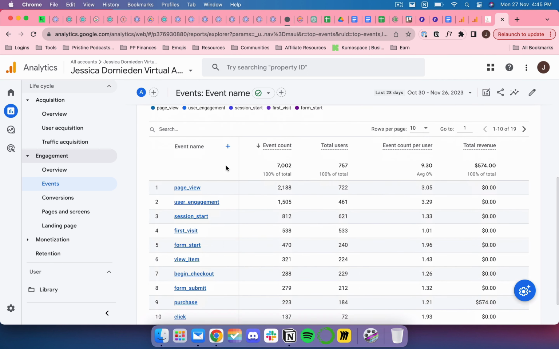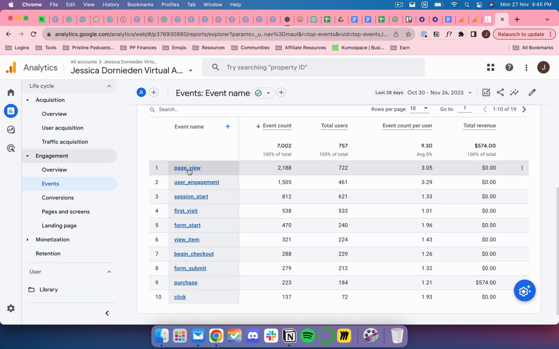So now it will just tell me that the event page view, which is one of the standard events that we've selected when we were setting up this property, I had 2,188. User engagement, whatever that even means, like you need to look up the definition for all of them if you can't remember them, 1,500. Session start, okay, we had 812 session starts. We had 538 first visits. We had 470 form starts. That's people that start filling out a form. We had 288 start checkout,